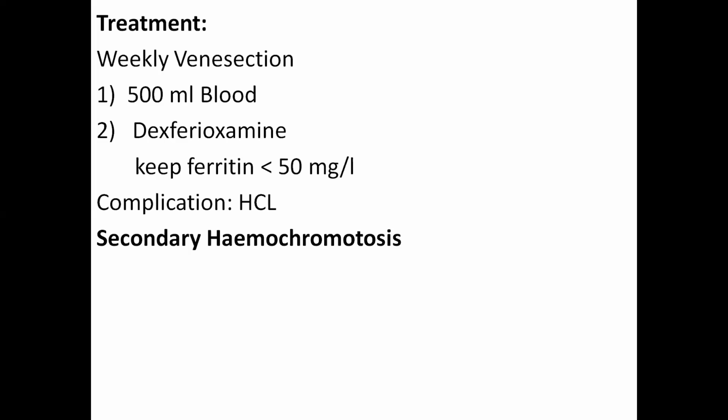So in genetic analysis, if there is mutation, it is not necessary that the patient will develop hemochromatosis. That is different from Wilson disease. In Wilson disease, if there is mutation, then there is 100% penetrance. That means the patient will definitely develop disease. While in this case, 50% will develop. That is a variable number.